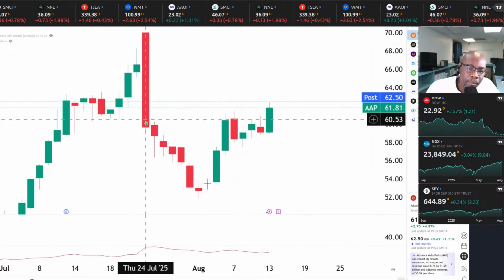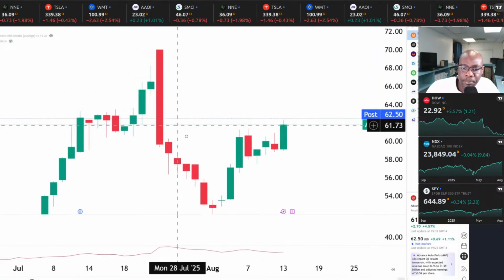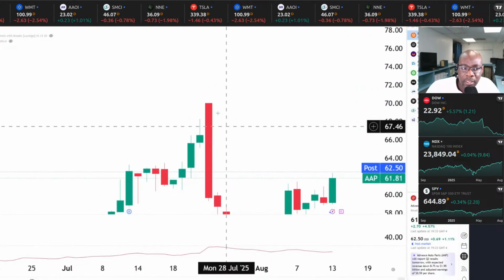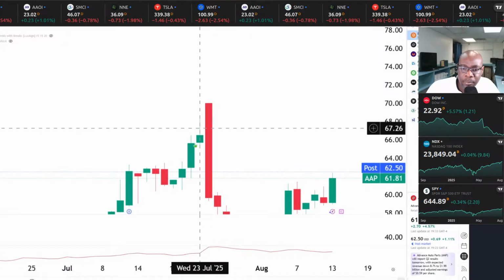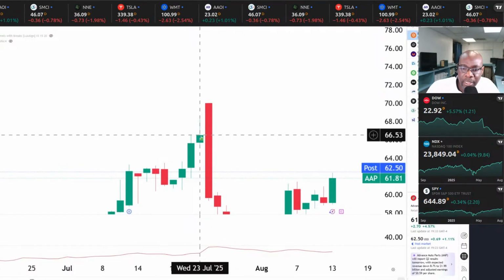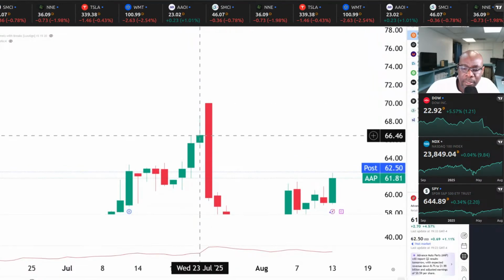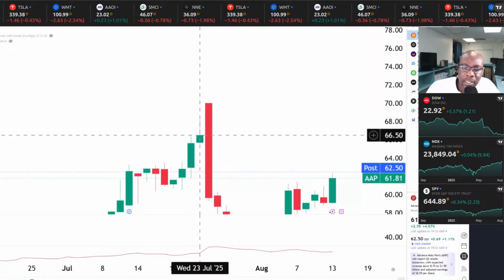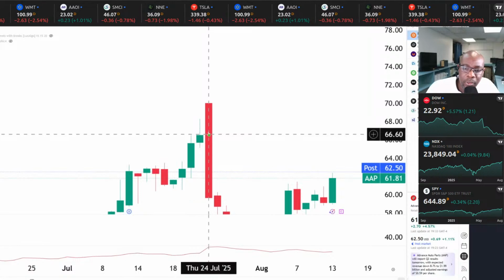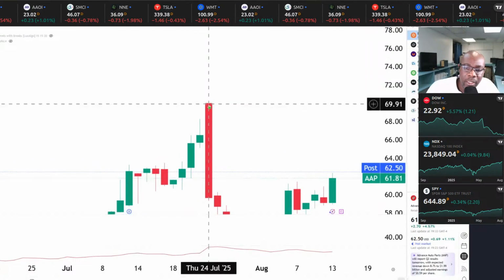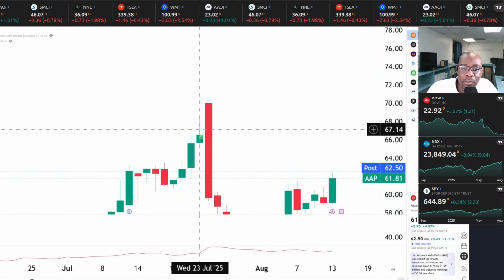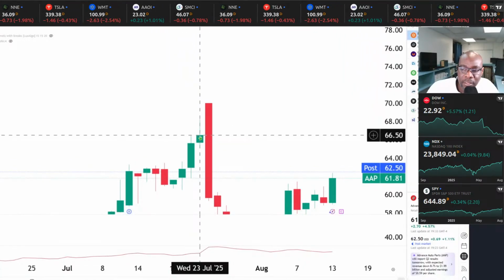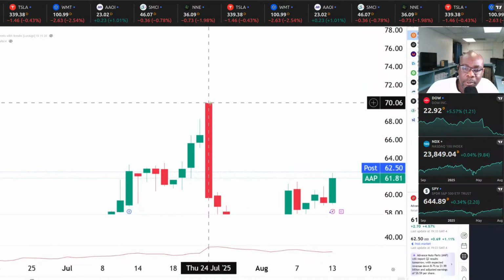Same thing like here. So if you notice with this big candlestick here, and let's bring this down so the people on Instagram, on TikTok could see it. All right. So as you can see with this candlestick here, the previous day, the price closed at $66, right? Which is Wednesday the 23rd. The price closed at 66.46. The next day, the price opened up all the way up here. Okay. And this happens sometimes where there's a jump. So as you can see, the price closed at 66.50. It opened up the very next day at